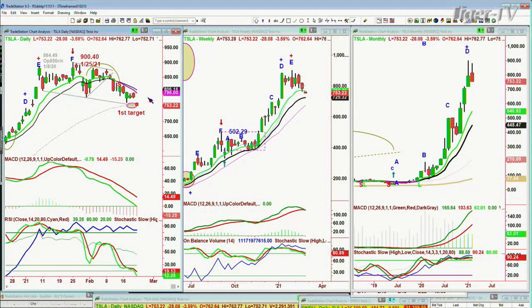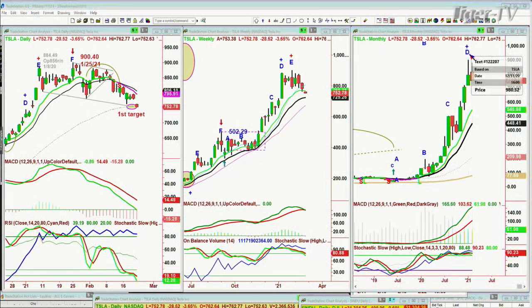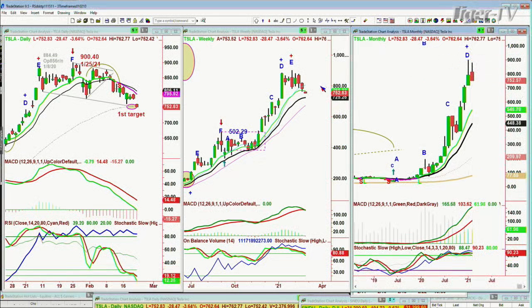Based on the 50-period moving average, the gray dashed line, my trend line support, and the dreaded H pattern, today we're trading at 753, down 28 in Tesla. I think Tesla's done for a little while. Not that electric vehicles aren't going to be the sexy play periodically in 2021, with higher highs to come,